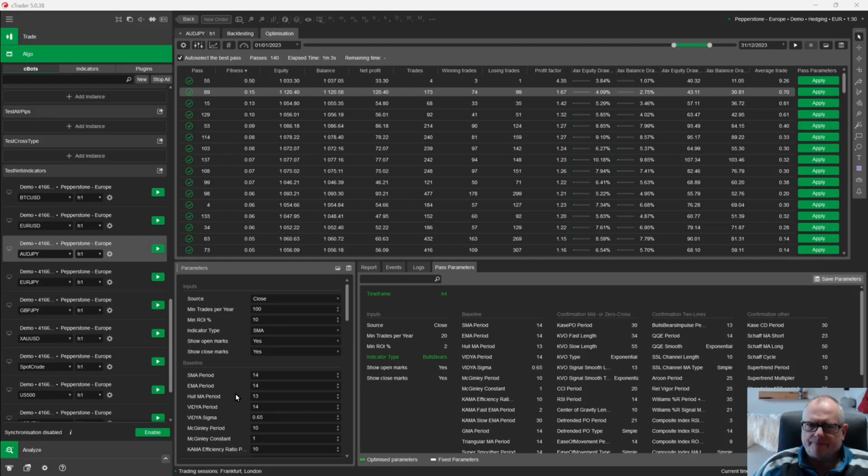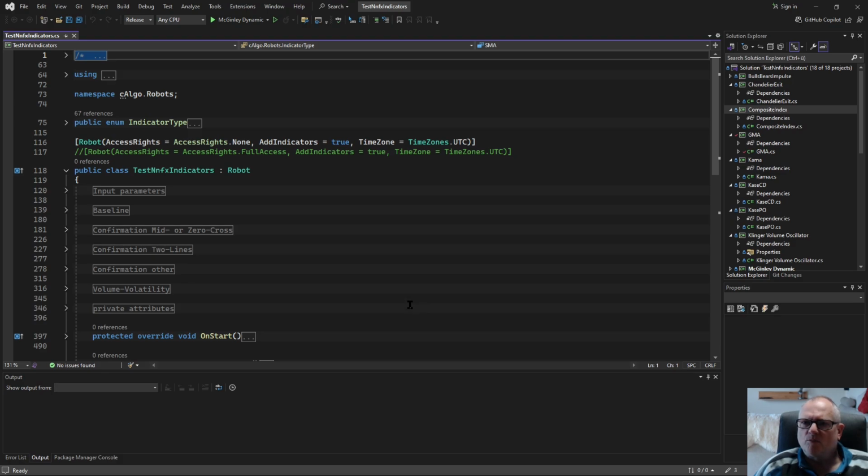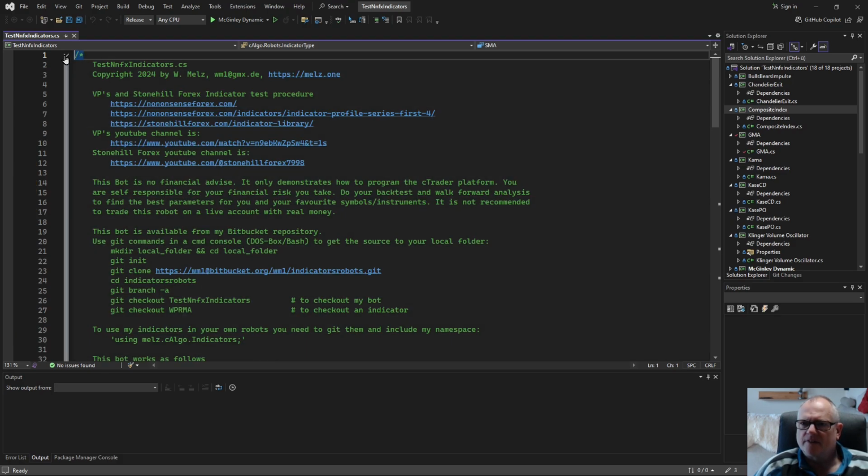Hello guys, now we quickly go through the robot who is testing all the indicators for us. So we open Visual Studio here. So this is our bot. At first here